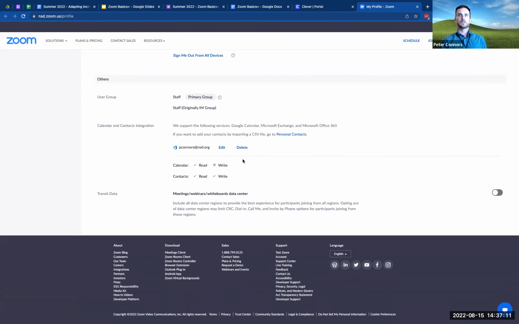The last thing I want to show you on your profile here is you can connect your calendar. If this isn't already filled out for you, you can add a calendar integration and put in your district credentials. You can see this says read write.